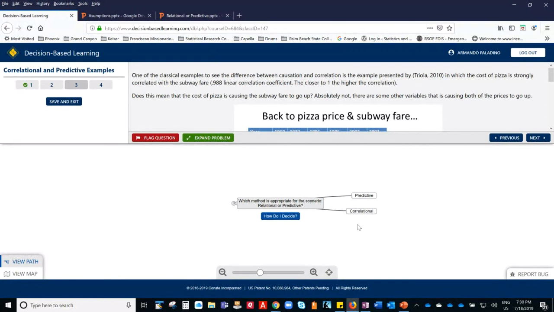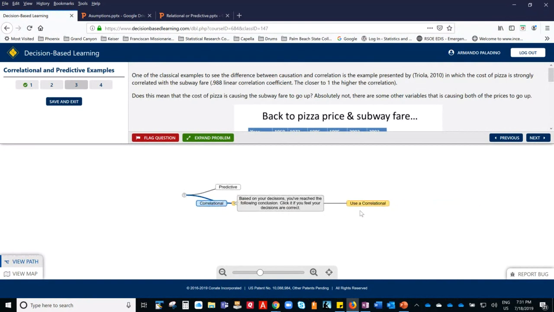Anybody? Hello? In the chat, we have somebody saying correlational. Okay, correlational, and it's true. It is correlational because predictive is incorrect. We don't want to predict. We just want to see that they are correlated. Okay, and last but not least,